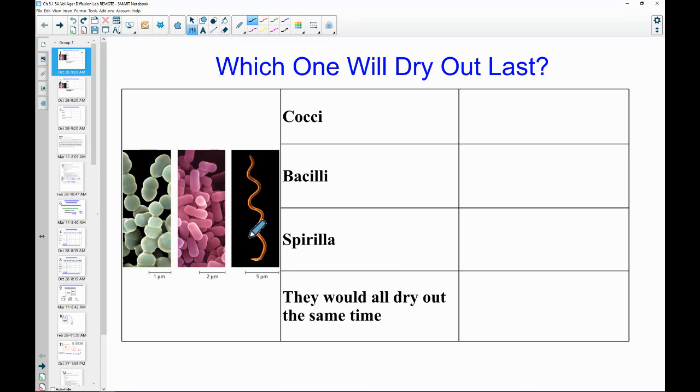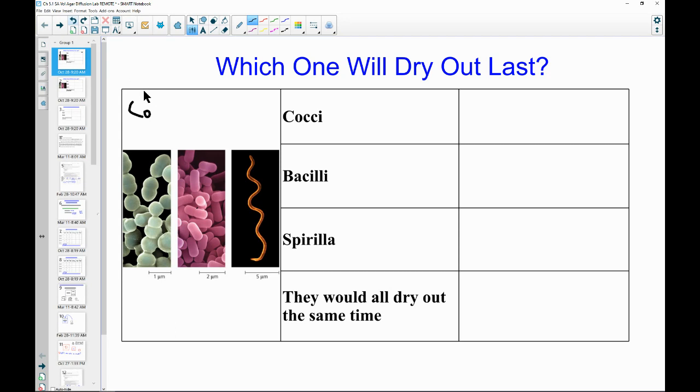Yesterday during our live class meeting, we talked about the three bacteria shapes, the cocci, the bacillus, and the spirilla, and which one would dry out. Well, this one says, which one would dry out last? I asked you yesterday, which one would dry out first? So which one would dry out last? Which one would lose water the slowest? So which one would have the lowest